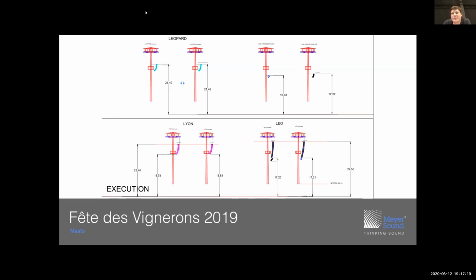And one of the very first things that happened was, how much weight do you put on this? The total weight ends up being 8 tons, including lighting, cabling, speakers. That's a lot of weight. The turrets on top of the mast are 7 meters across in diameter. They ran some math, and that's when the Fête de Vignerons came back to us and said,